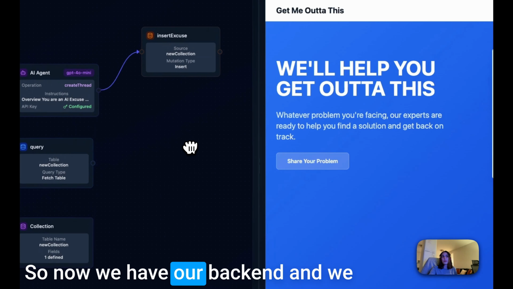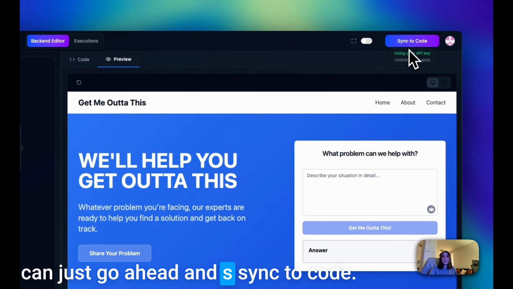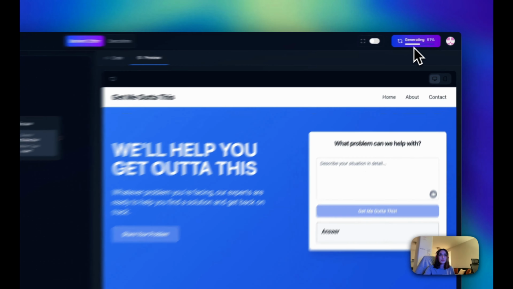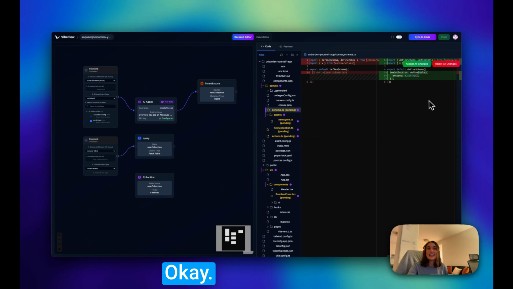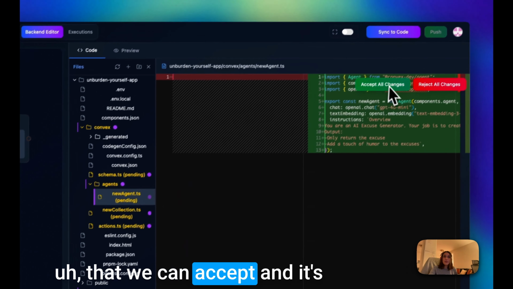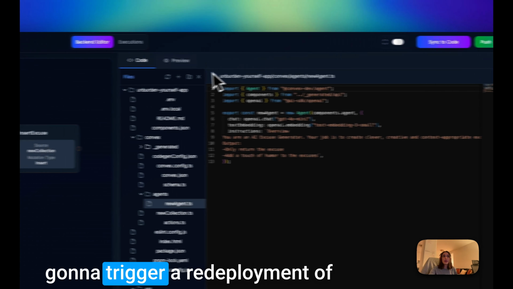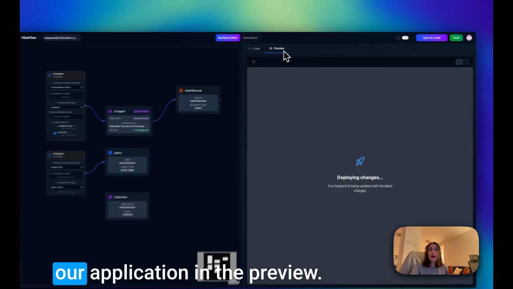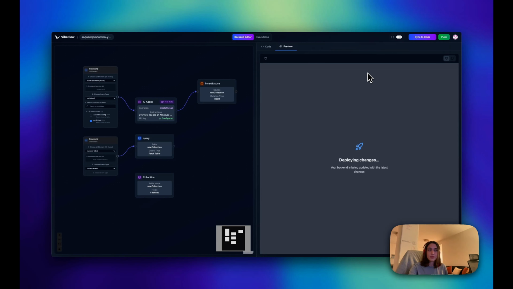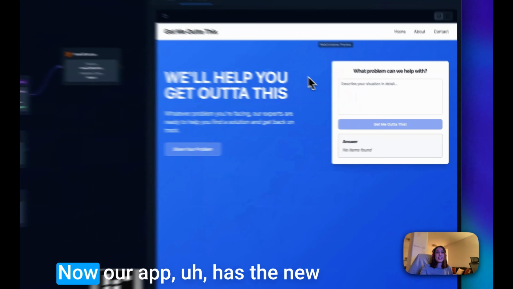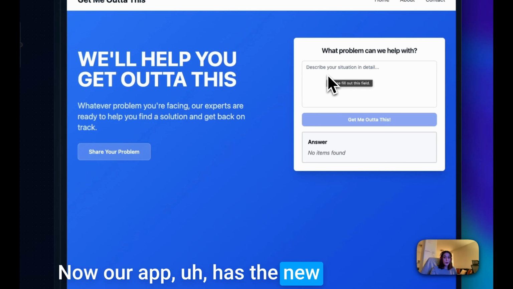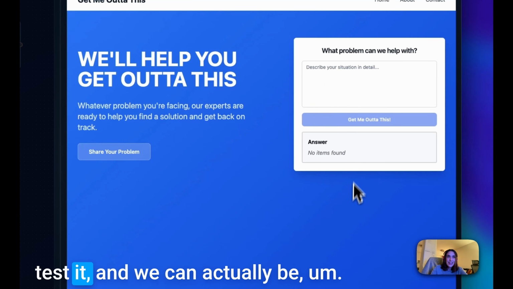Great, so now we have our backend and we can just go ahead and sync the code. Okay, this gives us all the code diffs that we can accept. And it's going to trigger a redeployment of our application in the preview. Good. Now our app has the new backend, so we can go ahead and test it,